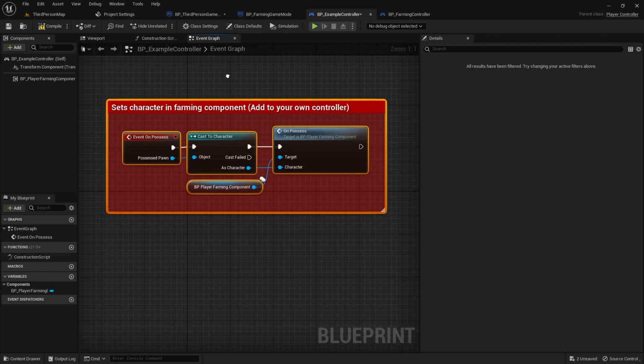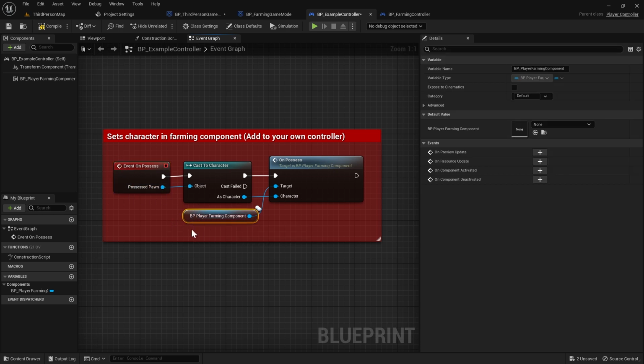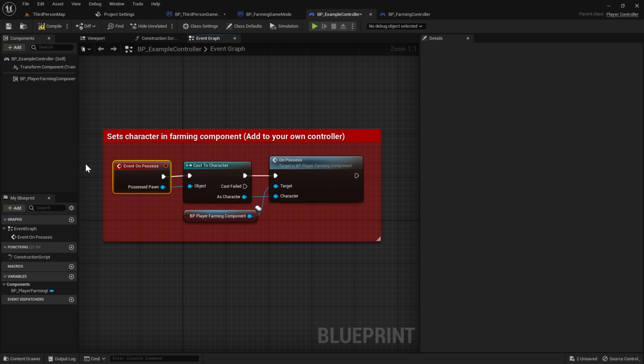We'll paste that in. You can see we've got those nodes in here. Now, when you paste these in, if this node isn't there for you, or if it's errored or doesn't look the same, that means your controller already has this node somewhere in it. So if that's the case, you'll need to look through your controller and find where this node is, and then connect these nodes up to it. But if you don't already have this node, it should look like this, and then we're ready to just compile